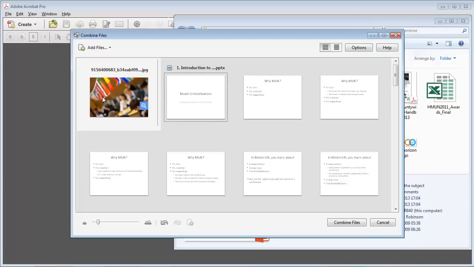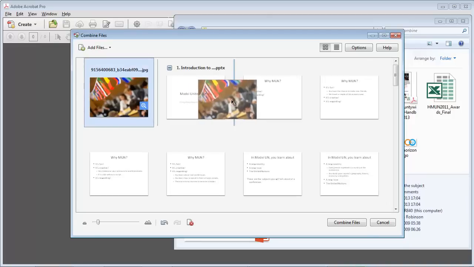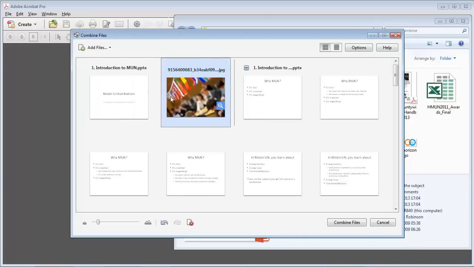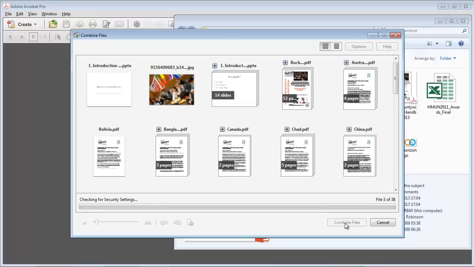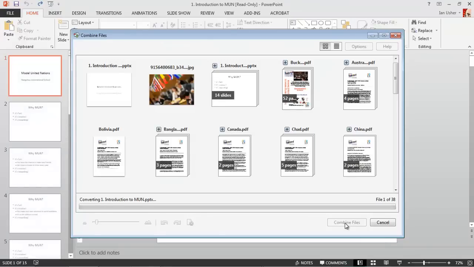I can also, when I've expanded the view of that, drag that in there. So I can take the image and place it within the PowerPoint file. And when I click Combine Files, it's going to very quickly take all the PDFs and put them together. Any PowerPoints, it's going to go away and print to a PDF and then incorporate that